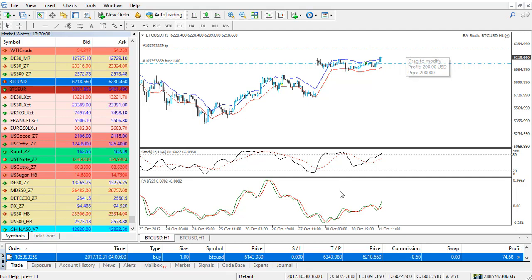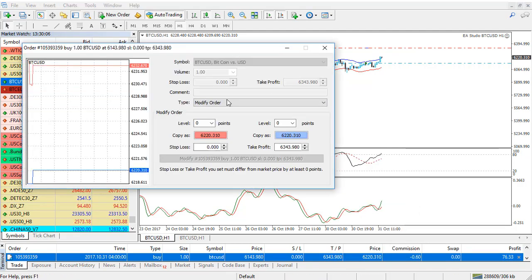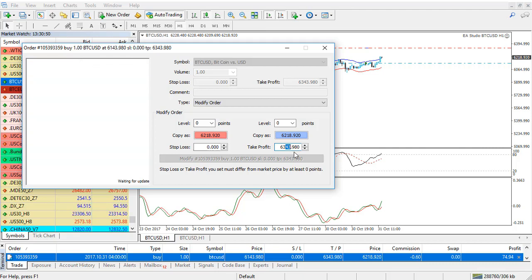What you can do, of course, is you can modify the order in order to have exact take profit of 210 if you wish to follow strictly the never losing formula where I'm putting with 210, because it's really nice if you wish to have $10 extra, guys. If the trade goes overnight, better to have these $10 in order to have pure profit of $200 at the end. I mean, this will not always happen, but this is what we are aiming for.